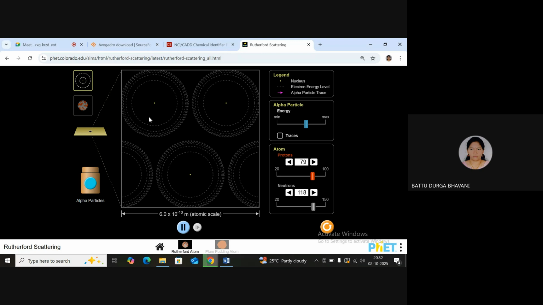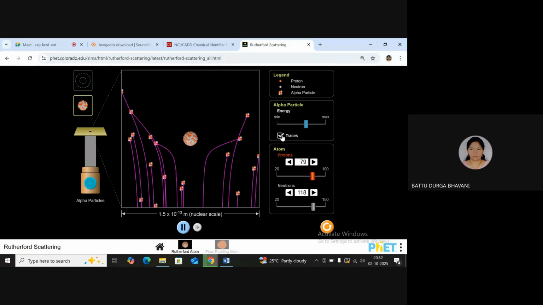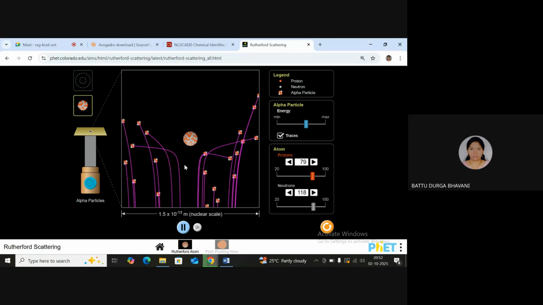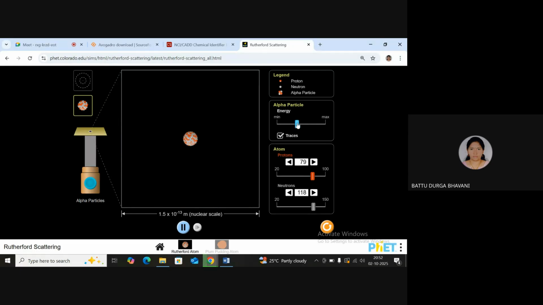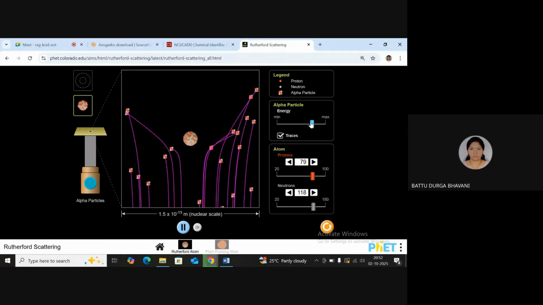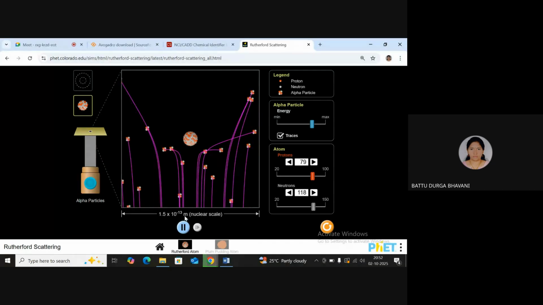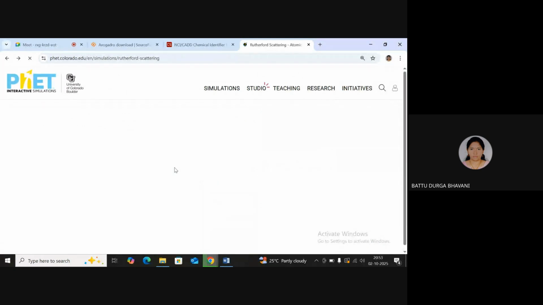This is reloaded again, and next if you click on this alpha particle, see, I have enabled the traces, so you can see the traces, and this atom has been formed with the help of the traces, minimum and maximum. We can change the criteria from minimum, whatever you want, you can change according to that. This is this, and the next one is